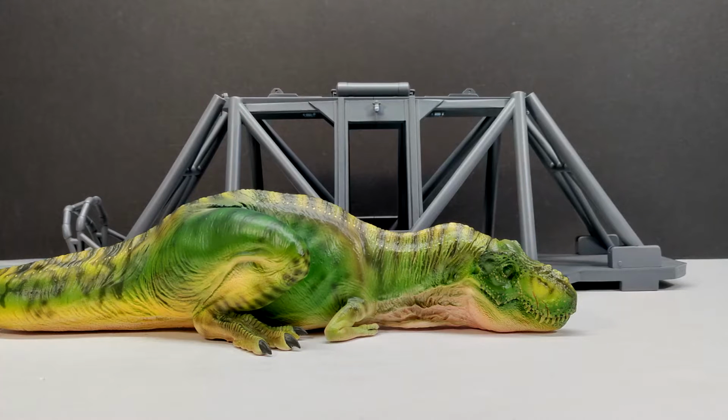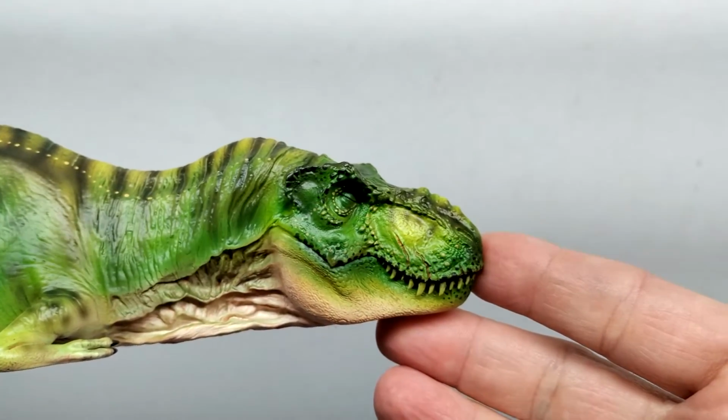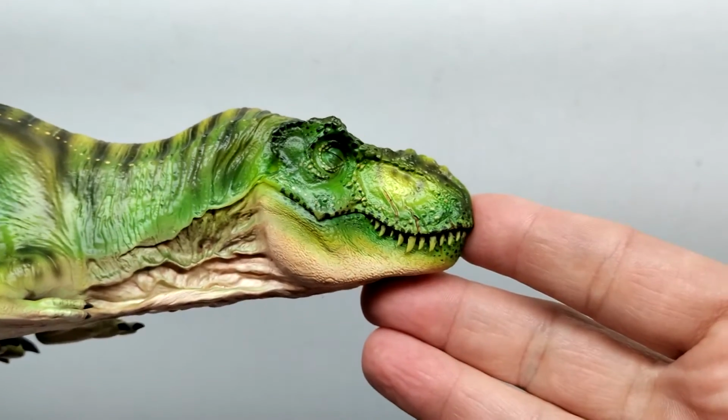And of course, having the cage to go with it is twice as awesome. So let's go ahead and jump straight to a closer look at this, and we'll check it out from there. So, of course, we are going to begin with the Tyrannosaurus Rex itself, and it is, again, like I said,